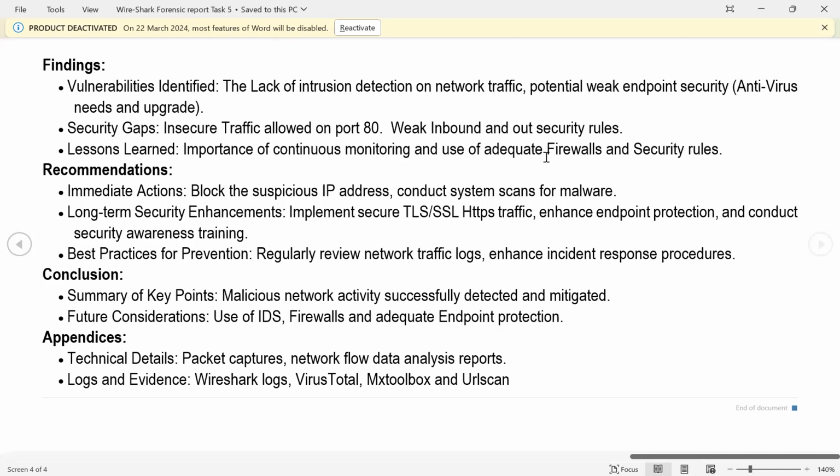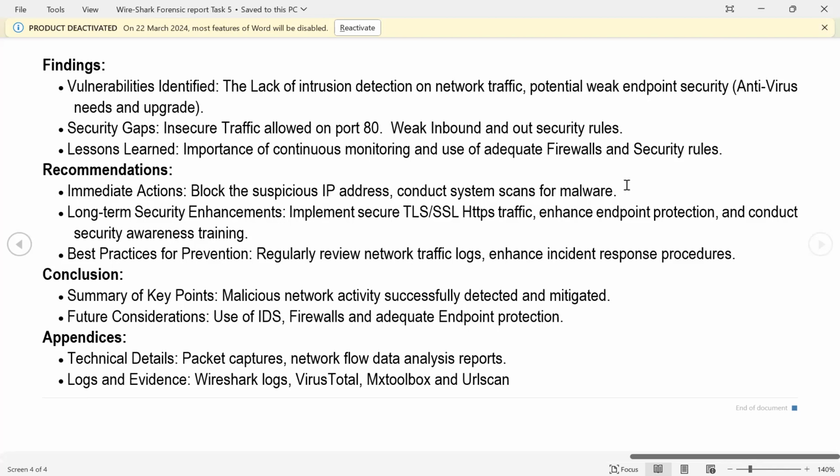And the use of adequate firewalls and security rules. So obviously, if you've got some weakness in the security rules, consequently, we need to tighten that and continuously monitor. Then we have recommendations. Immediate actions under recommendations says block the suspicious IP address, conduct system scans